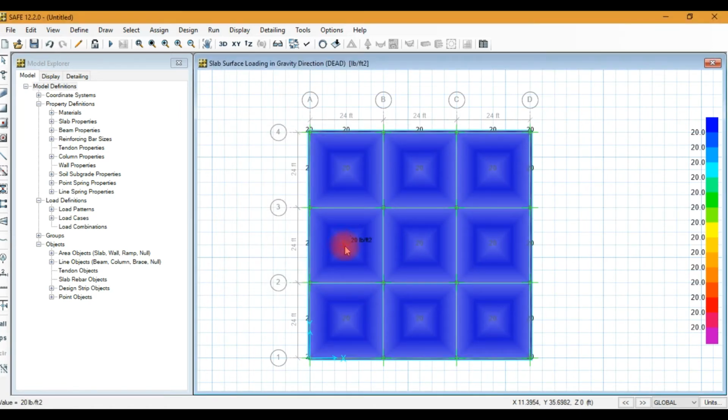Okay, now the panels are divided into 9 panels. 3, 6, 9, 3, 6, 9.